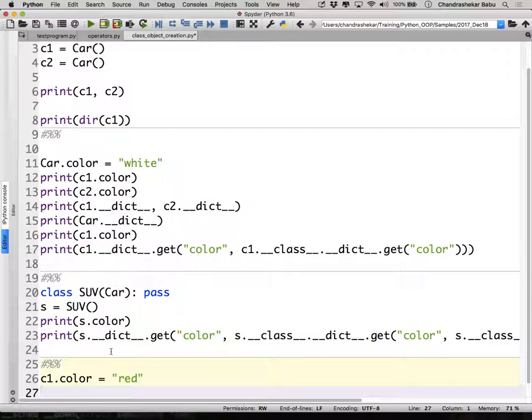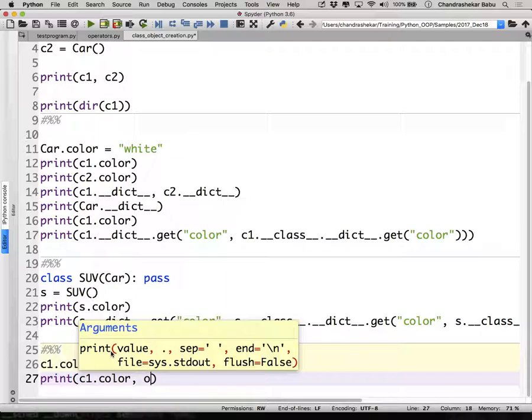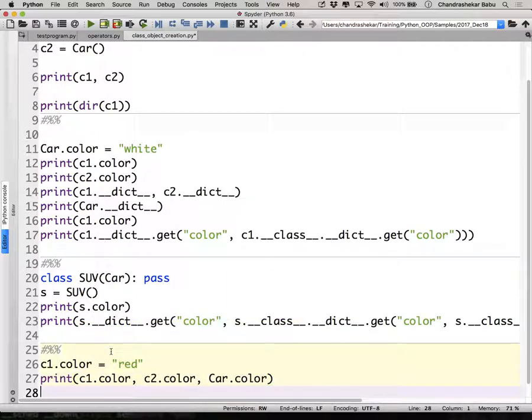I say C1 dot color is equal to red. Now you know what happens? Print C1 dot color, C2 dot color, Car dot color. What will be the output? Red, white, white. Very clear.